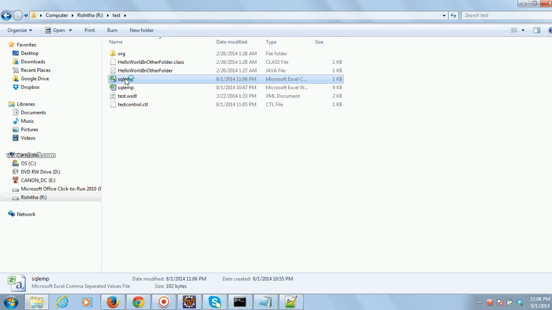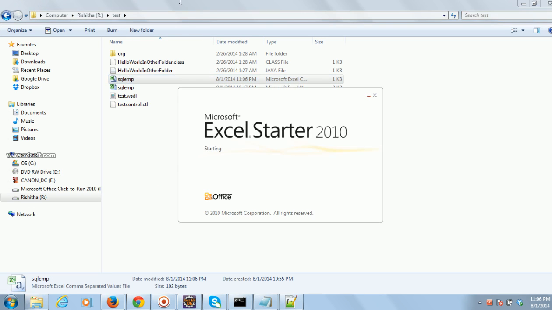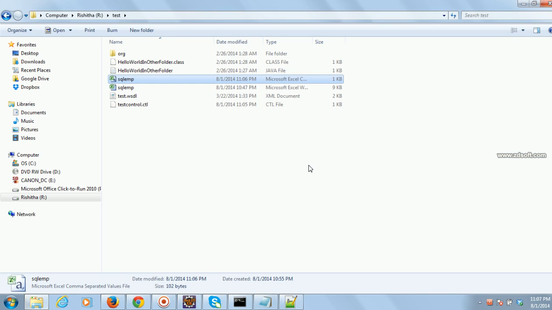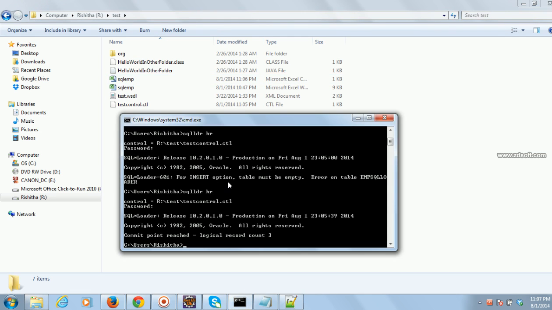If you see the format, I am saying that the format will be dd-mon-yy, but the date cannot be 222. So now if I try to run, it will create a bad file saying that one of the records is not satisfying the dd-mon-yy format. Now we will rerun,